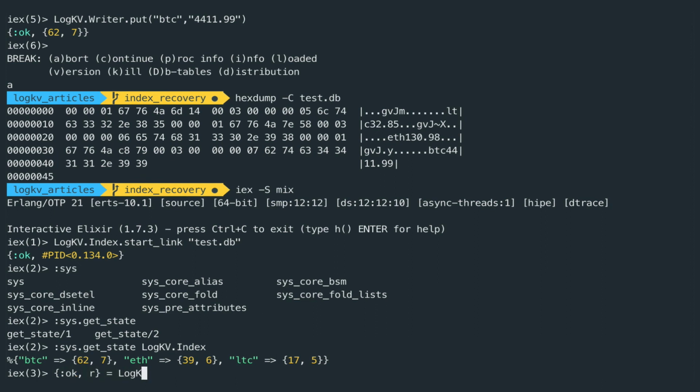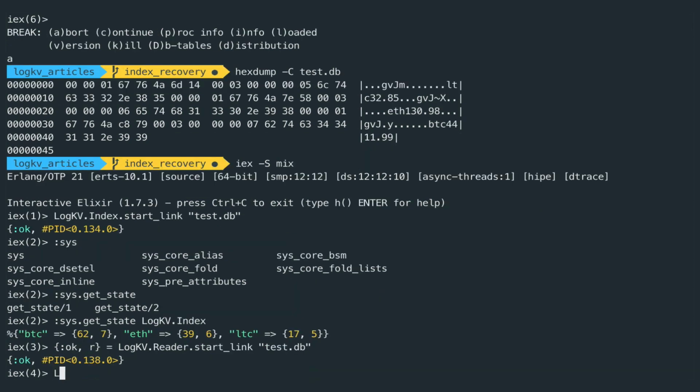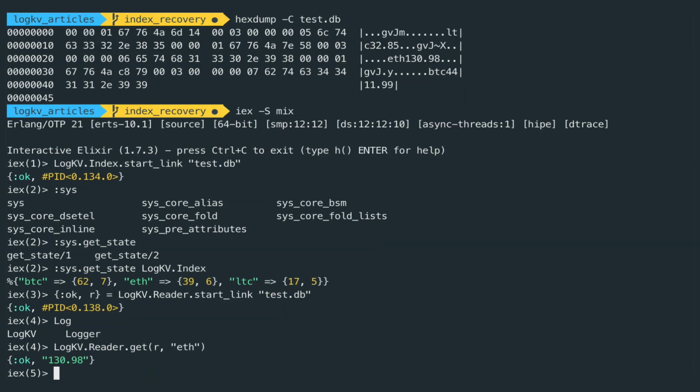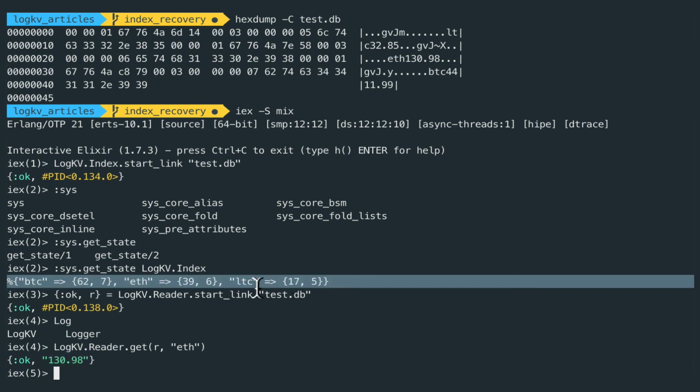We can start a reader with testdb, and we say reader get Ethereum, and yeah, it works. So you see that now we're able to recover the index,